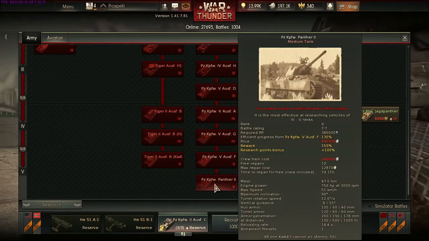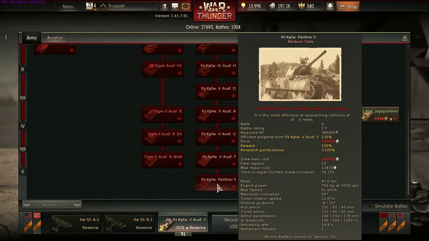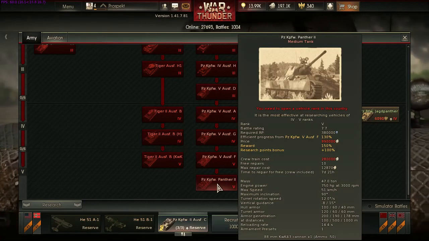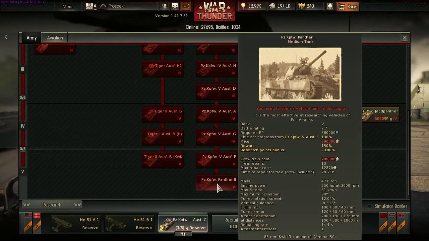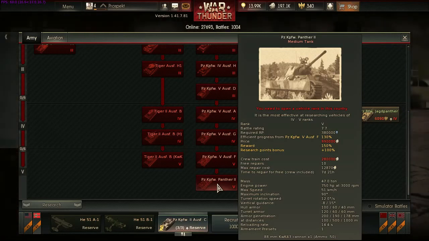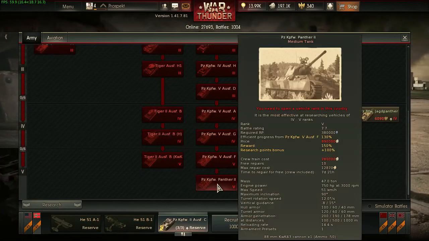It mounts the 88mm KWK-43 cannon, which is an 88mm high-velocity gun with 50 rounds of ammunition, with an armor penetration of 178mm at 1,000 meters. So a very, very powerful tank indeed. And essentially the Panther II,